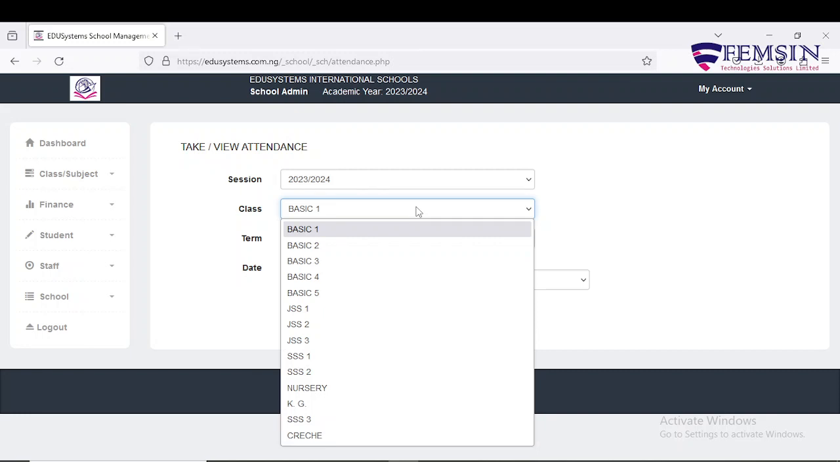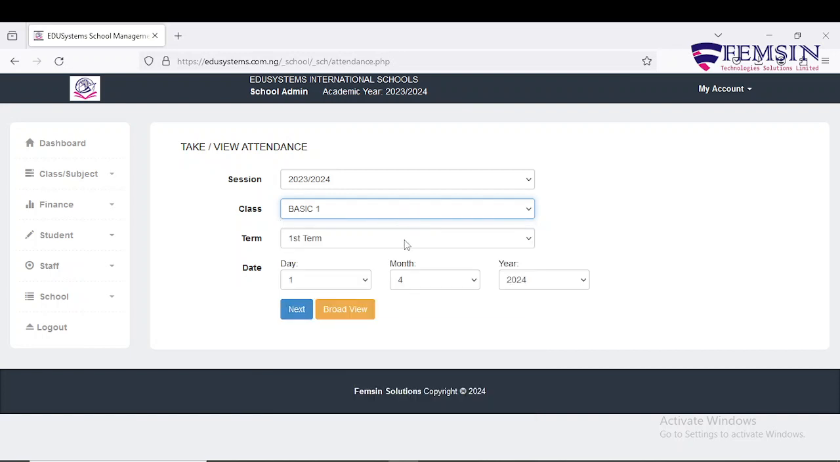So for a Basic 1 teacher now, you won't have the opportunity of selecting another class. It's only Basic 1 that will appear here. Then the term, you select first term, second term or third term. So if it is third term, you select third term. Then the date, the default date is what will be here,